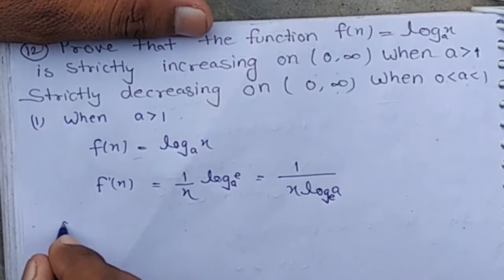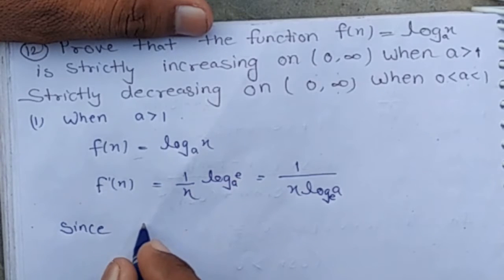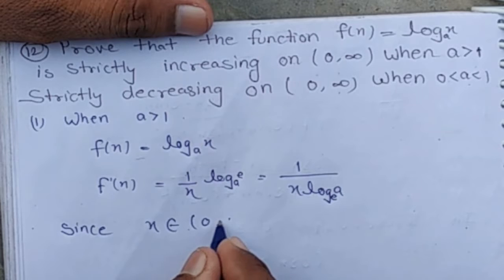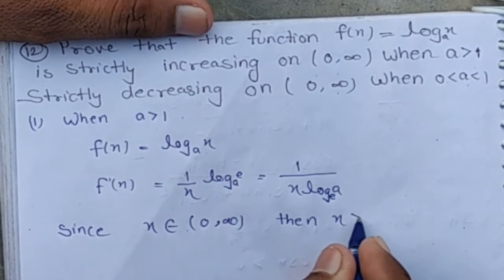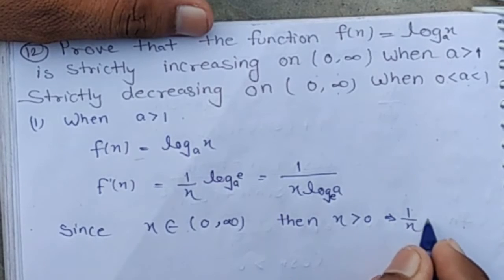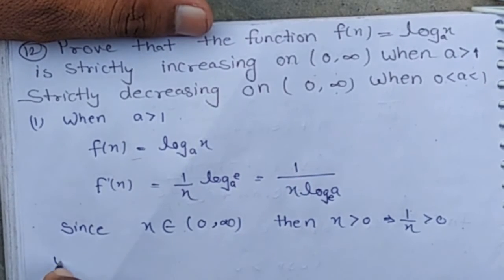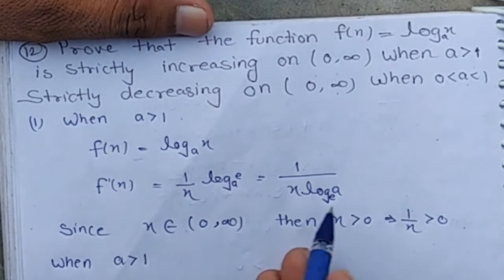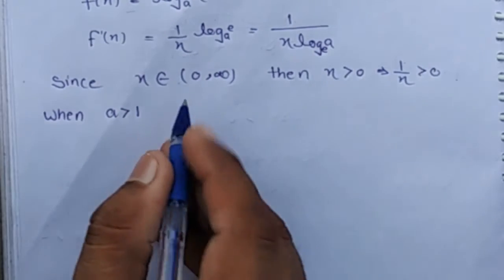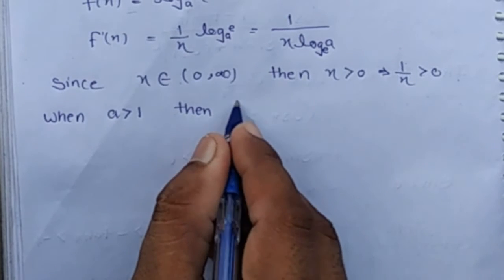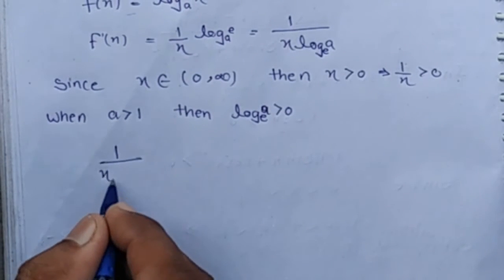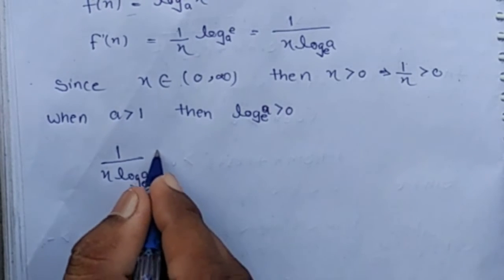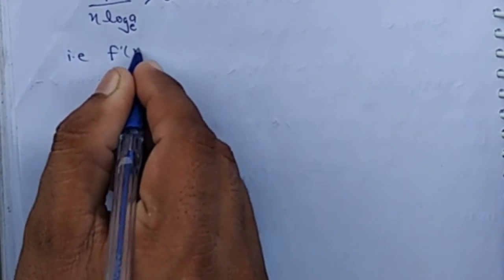Now since the given interval is (0, infinity), that is x is greater than 0, this implies 1 by x is also greater than 0, and when a is greater than 1, a is positive, then the value of log a at the base e is also positive, means 1 by x log a at the base e is greater than 0, that is f'(x) is greater than 0